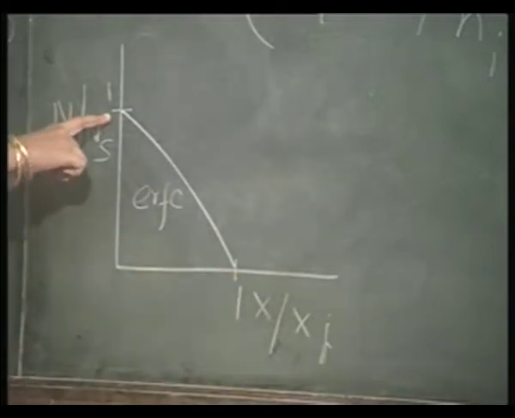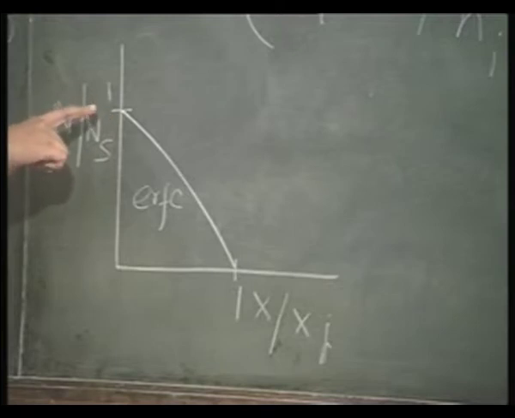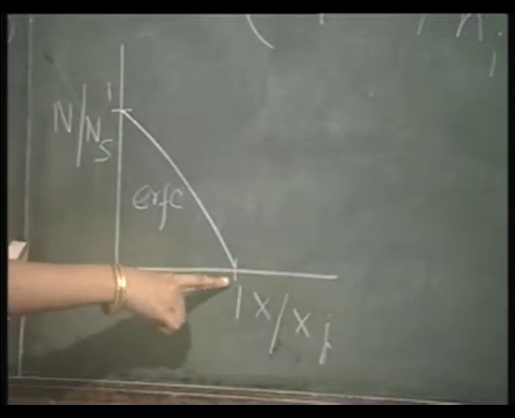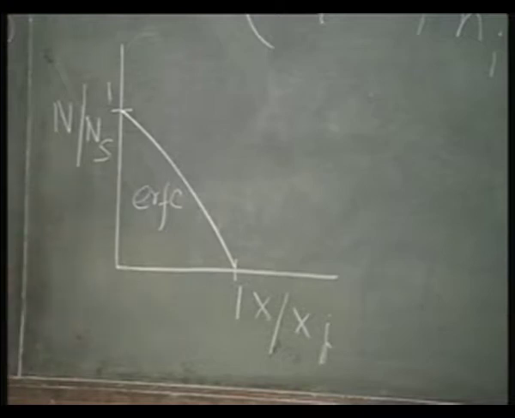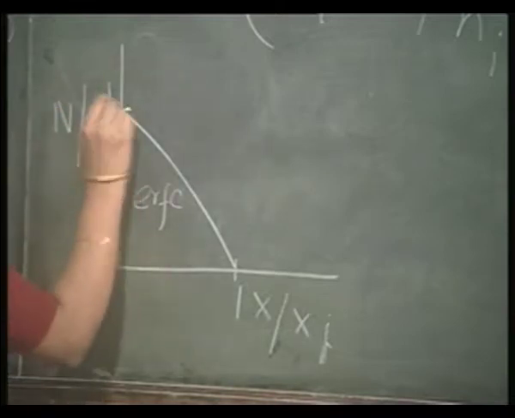Surface concentration is Ns, so N by Ns is equal to 1, and at the junction depth x is equal to xj, so x by xj is also 1. So, if this is the complementary error function profile, and if this is what the arsenic diffusivity in silicon is, then it is going to follow a shape like